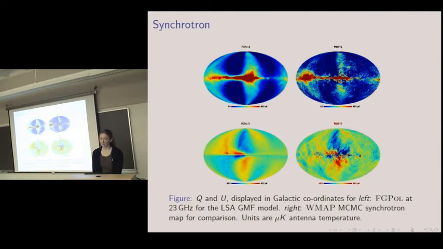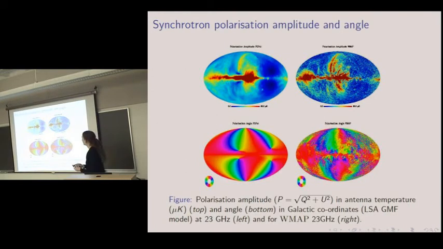in their analysis. So here I've plotted the polarization amplitude and angle coming from the model of synchrotron emission. So again, on the right we have WMAP 23 gigahertz data. So polarization amplitude, again on large scales you see light blue green with WMAP data, but there are slight differences, for example in the north sphere, which are possibly due to differences in the extrapolation of the Haslam data to 23 gigahertz, which leads to differences in amplitude in regions around